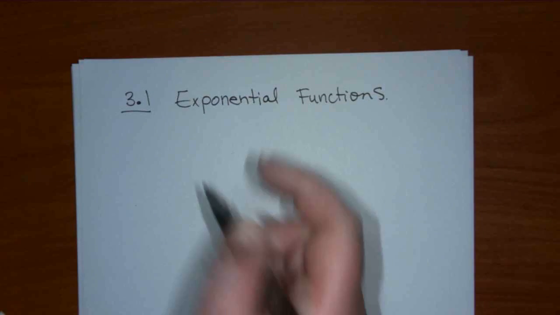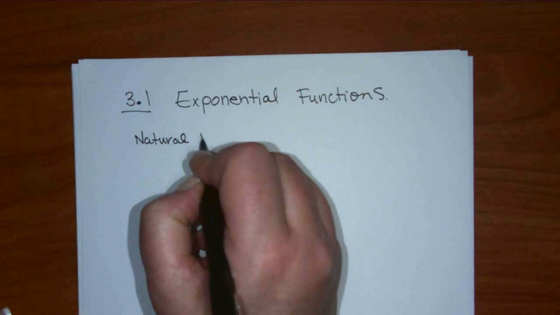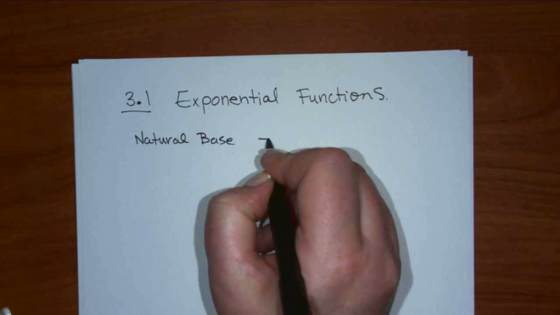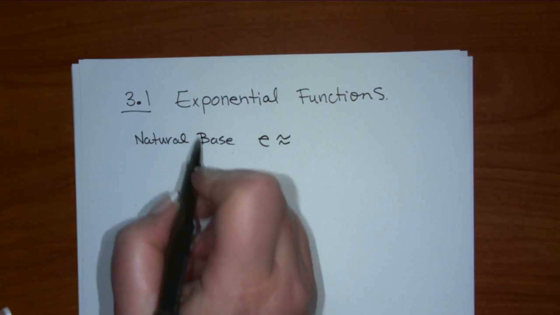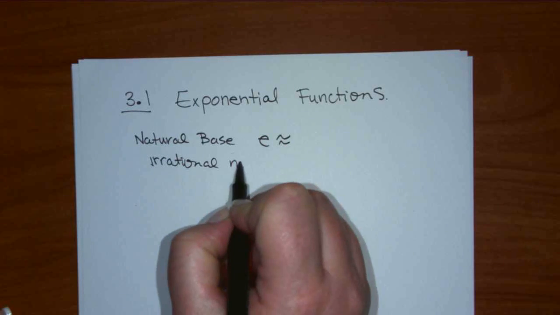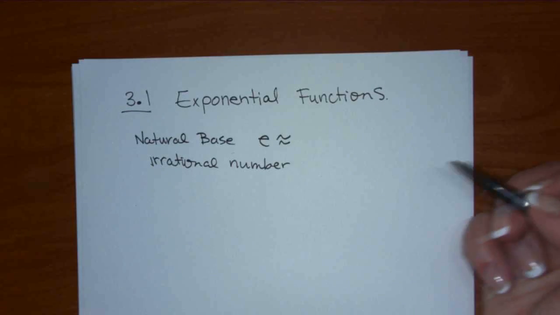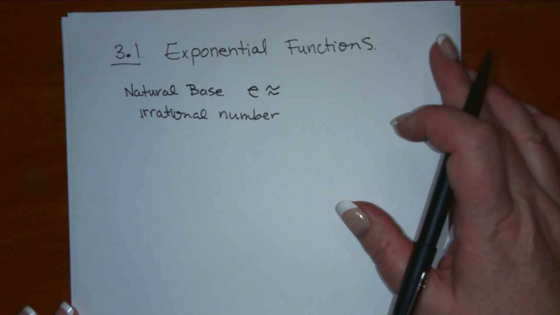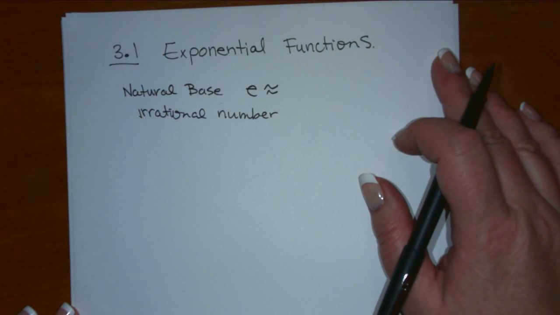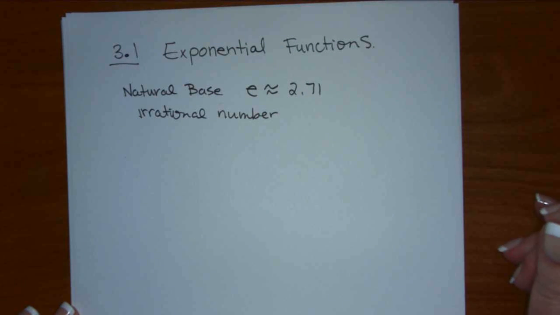Exponentials. First of all, what we need is a natural base, called the natural base e. Does anyone know? That's an irrational number. It means it goes on forever. Does anyone know what it's approximately equal to? No? 2.71. It appears in a lot of applications like compound interest, engineering applications, like how